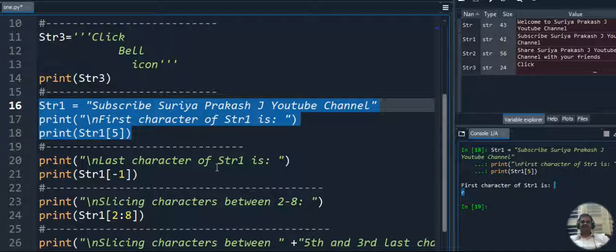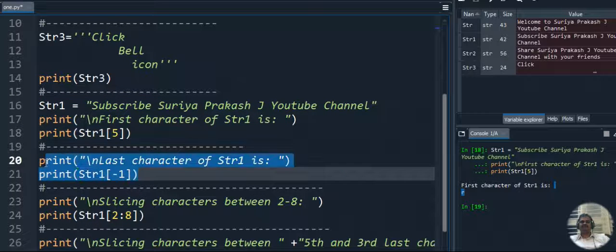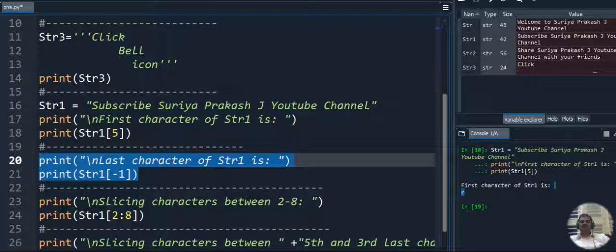Okay, the same way we can display the last character of the string. These two things we already discussed in the previous video. I told how to retrieve the position of the string by giving negative numbers and positive numbers. I am repeating the same for understanding, to retrieve the character value from the given string. Okay, when I am giving -1, it will be retrieved from the last. So here the last character L will be displayed as output when I am giving str1 of -1. When I run this code, L will be displayed as output.